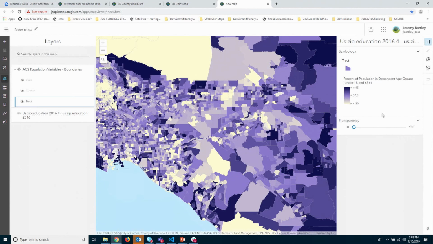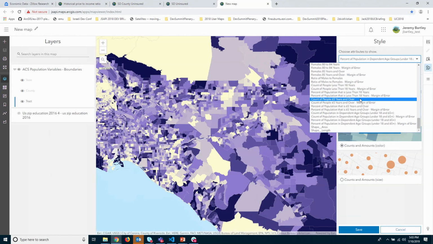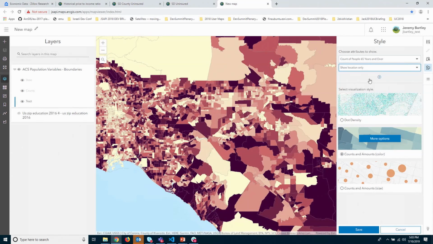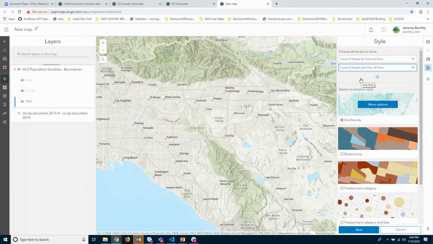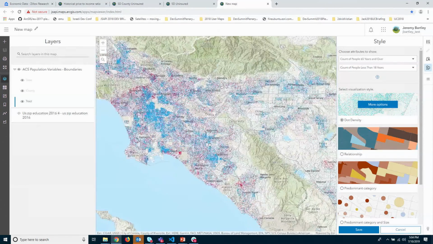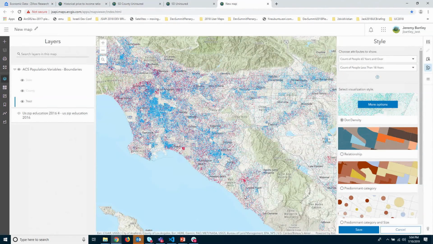I'll select the track, come over here, and let's try one of these new styles. Let's do count of people 65 and over, and let's do 18, count of people less than 18 years. Yeah. Here we go. We've got this new dot density map. Okay, pretty cool. Let's switch the base map